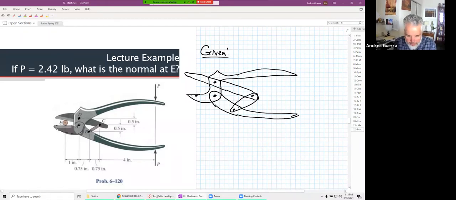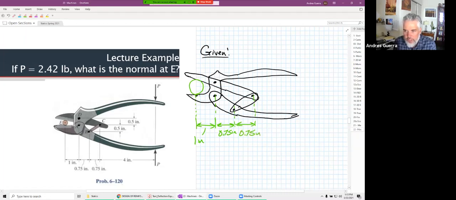And then we have our piece of wood right in here that we're trying to squeeze with these shears. Oh, and actually, let me move it over a little bit where I put that dot for E. So it's really right here, right? So right there is where we were saying it was. And then we can add some of our horizontal geometry here. We have these 3 distances. Like we know that distance right there is 1 inch. They tell us that this distance right here is 0.75 inches. And this distance right here is also